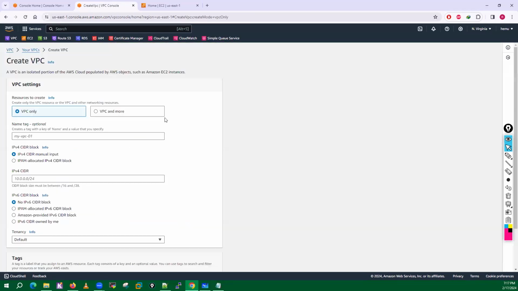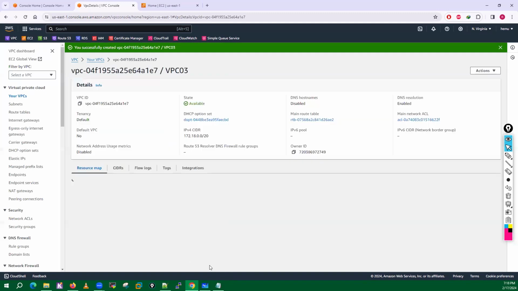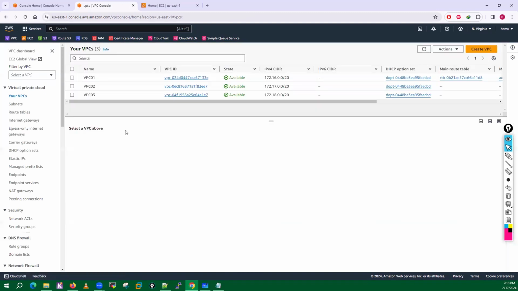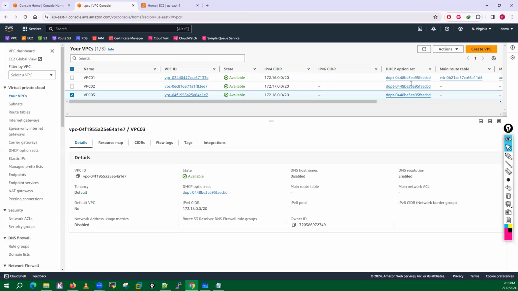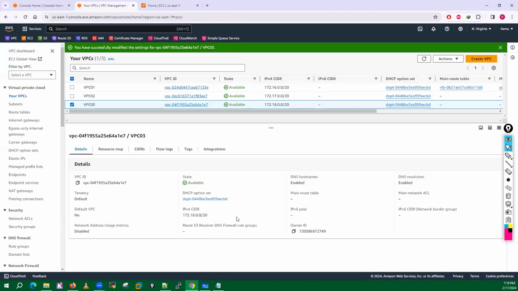Create the third VPC, VPC 03, with 172.18.0.0/20, then edit the VPC settings and enable the DNS hostname. See, 3 VPCs have been created.